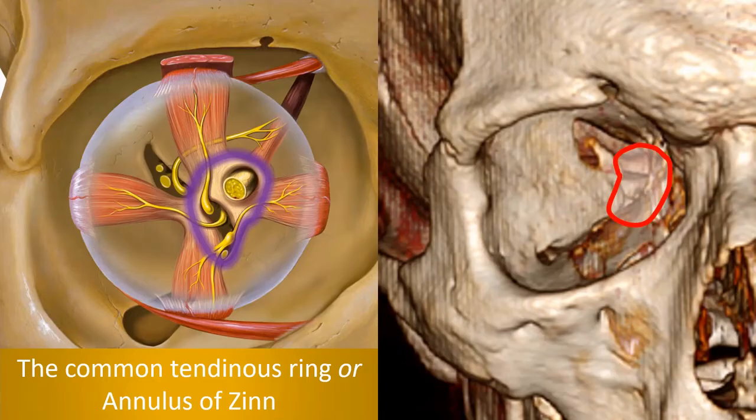And we can see it on this three-dimensional reconstruction of the orbit located over here. Here we see the superior orbital fissure, and it involves the inferior part of the superior orbital fissure and the optic canal. Now, there are several important neuronal structures which are located at the level of the annulus of Zinn, namely the optic nerve, which runs through the optic canal. We have the oculomotor nerve, which has two branches intraorbitally, a superior branch, which innervates the superior rectus muscle, and an inferior branch innervating